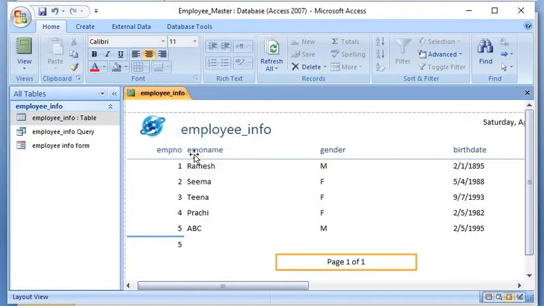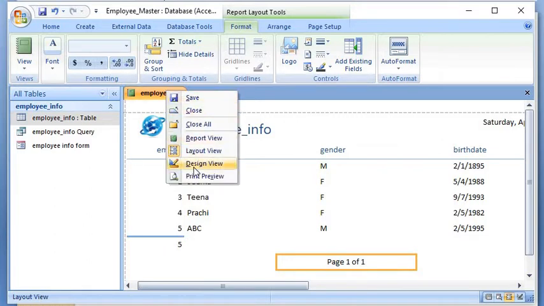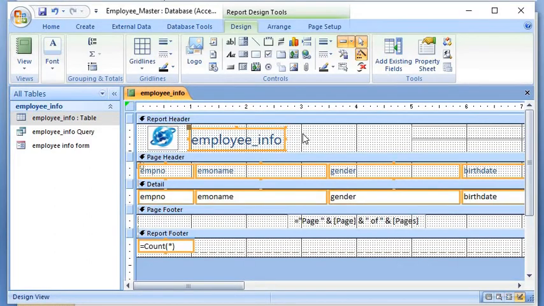Then the layout view is there to check whether whatever you have designed is proper or not. Again in the design view, you get a dotted grid section wherein you can arrange the components, the fields in a table, properly.